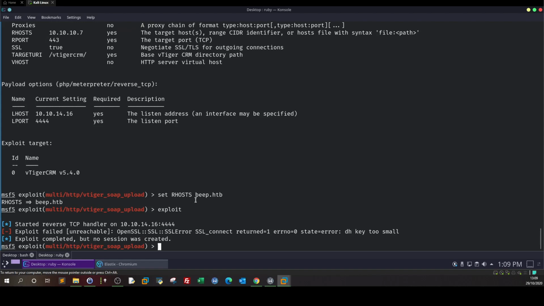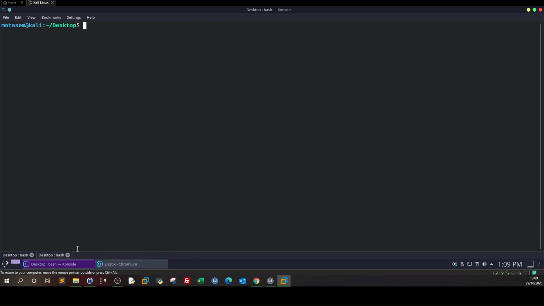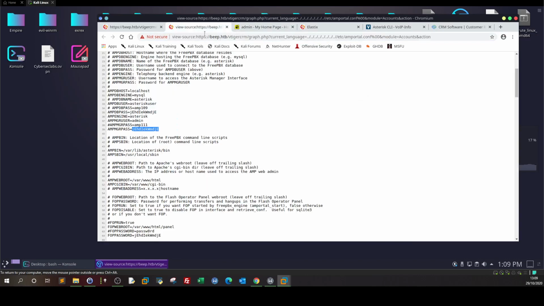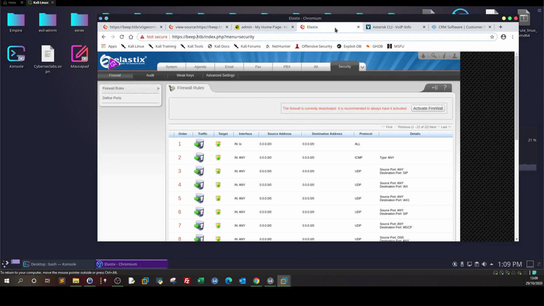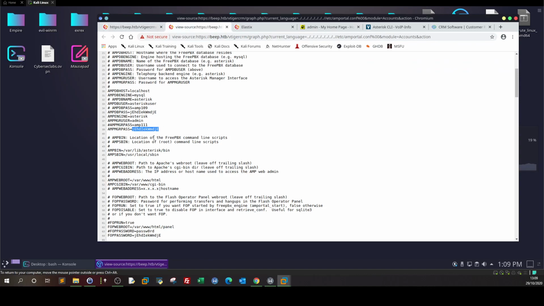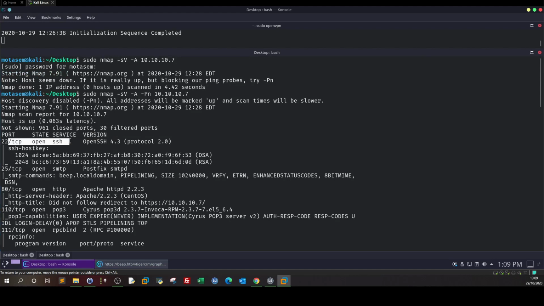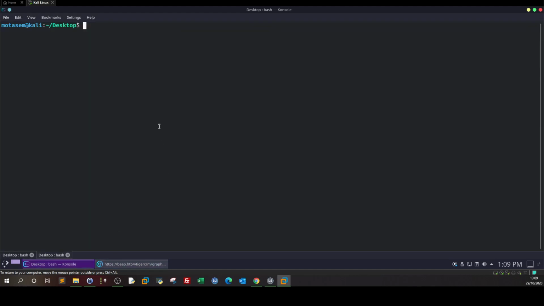Now the second way, guys, is to let me exit this. Okay. Right. So we go back here, and we have where we are now. The vulnerable CRM with local file inclusion. The next way is to use the credentials. So basically, we can take this and we try. If you go back to the nmap scan, we can see here we have port 22 open, right? So if we try to log into the SSH server, relying on the possibility of password reuse, maybe we get something. So sudo ssh root